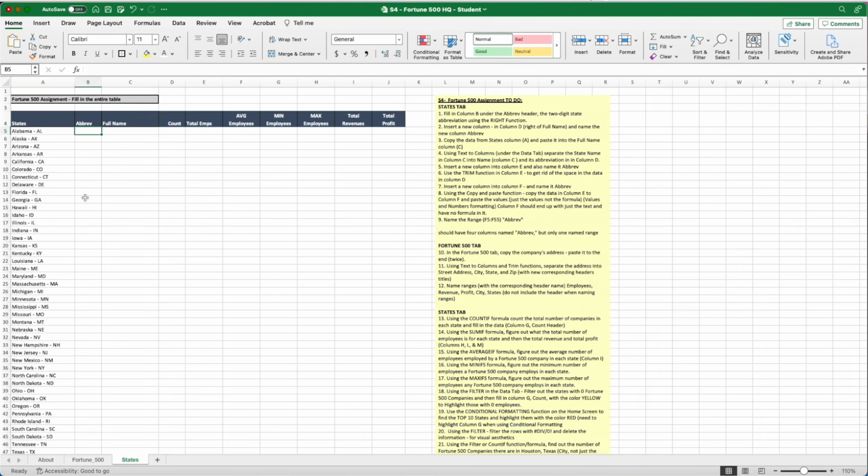We've done this on a couple of other assignments, but we're going to use the right and the left functions today. And for those that don't know, there's also a middle function. So we're going to use the right function. The reason why we're not using a specific number is because the state names are all different sizes. So we're going to do equals right,